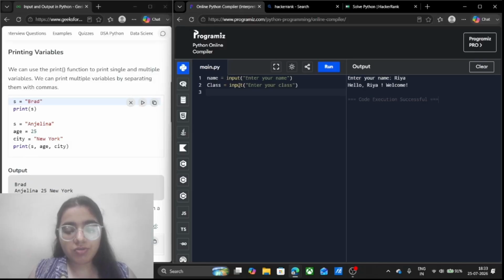Moving forward towards the age, I will write age input. I will write here int input to specify to the compiler that we are taking int as an input. Now what I want to print is, I will write print, my name is, and I will write here name,